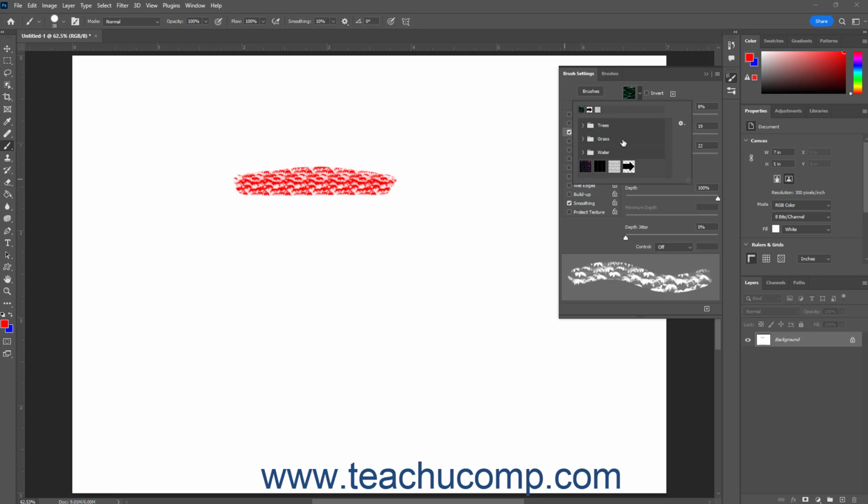Then click to select the pattern to apply to the brush stroke within the Pattern Picker panel. As you select patterns, the patterns then appear in a recently selected patterns list at the top of the Pattern Picker panel. To close the Pattern Picker panel after selecting a pattern, click the Click to Open Pattern Picker button